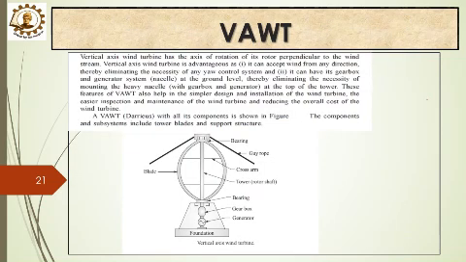Coming to vertical axis wind turbines. This is the particular schematic. As you can see, the foundation, the bearing, the gearbox, and the generator are all at the base. A vertical axis wind turbine has the axis of rotation of its rotor perpendicular to the direction of the wind stream. It has the following advantages. It can accept wind from any direction, no need of yaw control. It can have the gearbox and generator at ground level, thereby eliminating the necessity of mounting the heavy nacelle at the top of the tower.